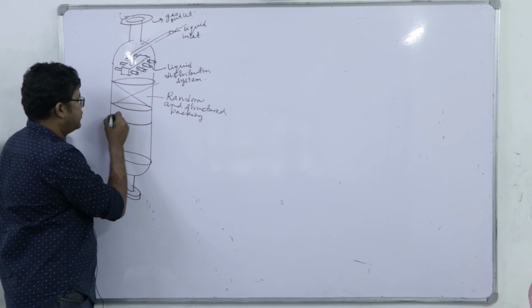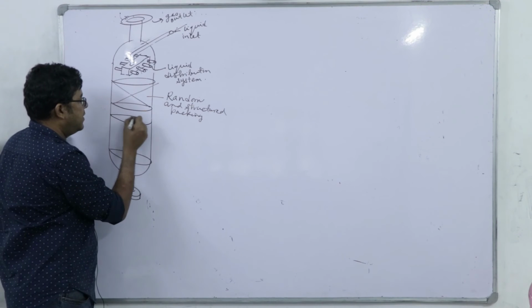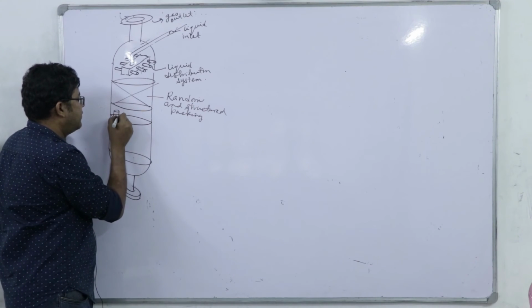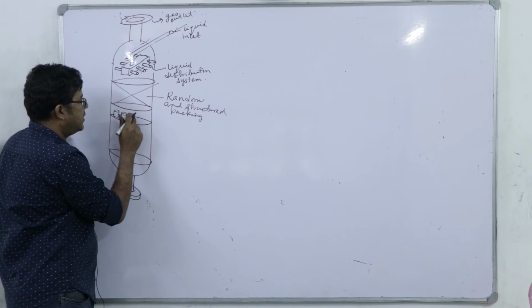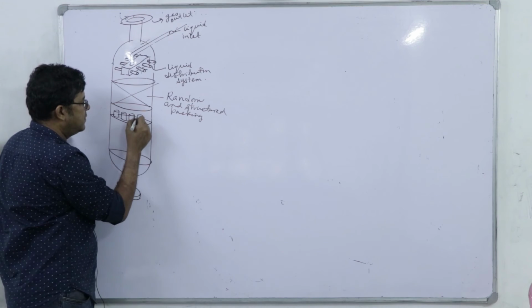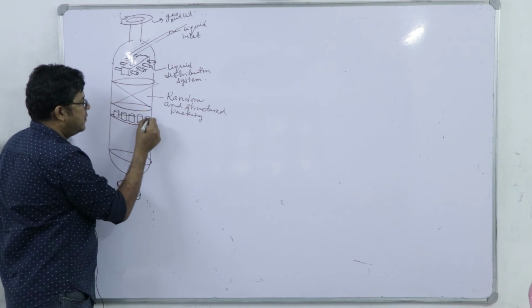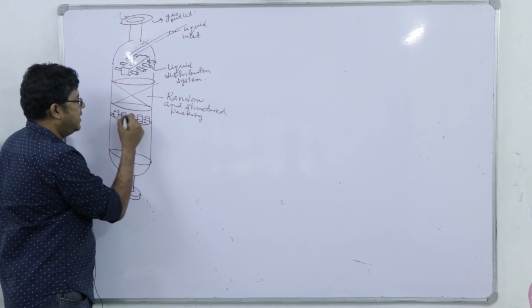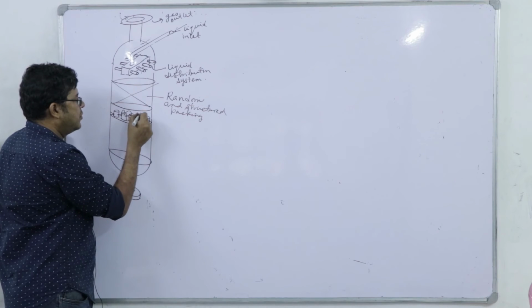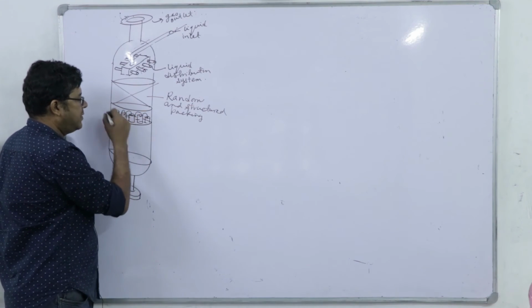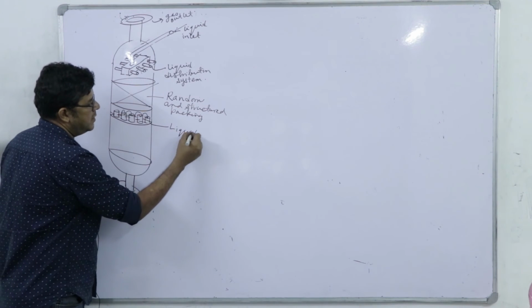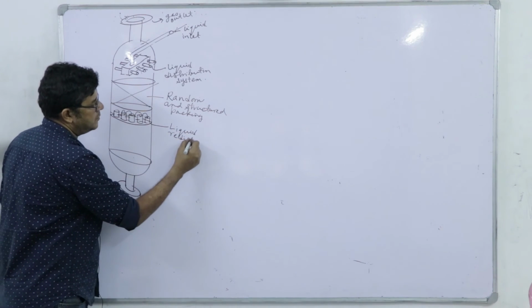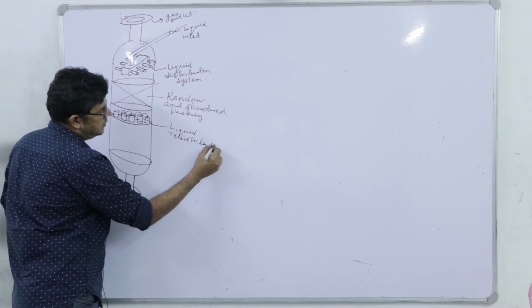So, how is this redistribution done? There is a tray, and we have these protrusions, pipes which are fitted like this. So, liquid will accumulate over the tray and again flow through these pipes which are uniformly placed here. So, this is a liquid redistribution system,